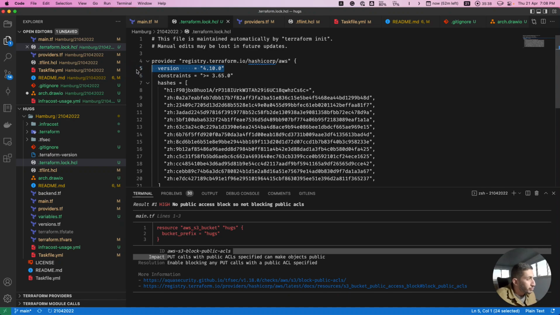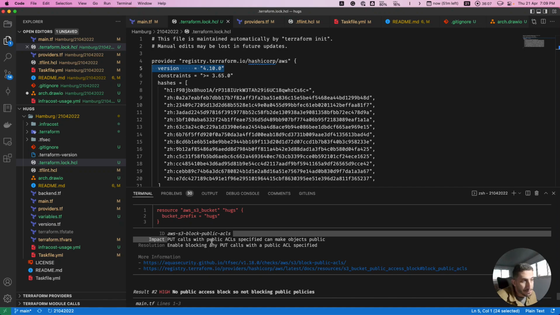So if you know the AWS provider, before version 4, S3 buckets had strict S3 resources, but after version 4 they are split up into specific Terraform resources for specific things with the S3 bucket. So it's no longer an argument within the same resource, it's now dependent resources together, right? So that's something worth mentioning when we are running TFSec.